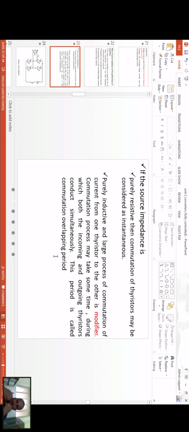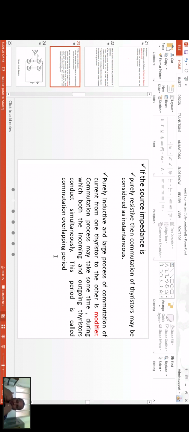So this overlapping period is the overlap angle mu. At this angle, the load voltage is equal to 0. If you see here in the waveform, this portion is equal to 0. So it is clear that a part of the load voltage is lost, which would otherwise be present if there